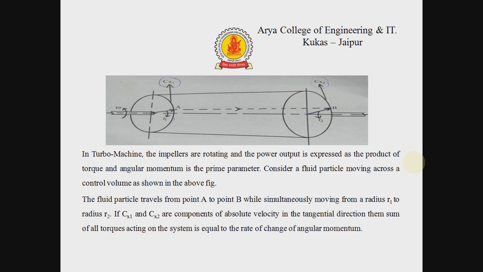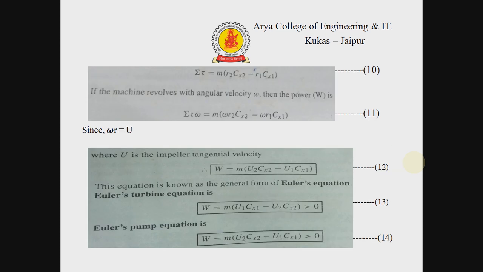Now consider a fluid particle moving across a control volume as shown in the above figure. The fluid particle travels from point A to point B while simultaneously moving from a radius r1 to radius r2. If cx1 and cx2 are the components of absolute velocity in the tangential direction, the sum of all the torques acting on the system is equal to the rate of change of angular momentum. Equation number 10 shows the relation between torque and velocity, which is summation of torque is equal to m (r2 cx2 minus r1